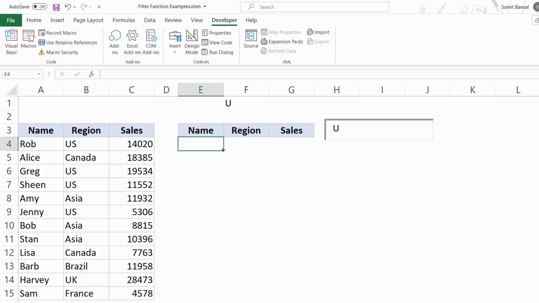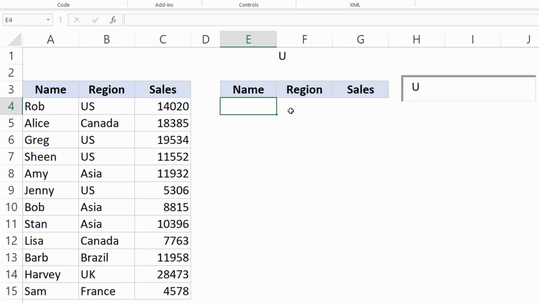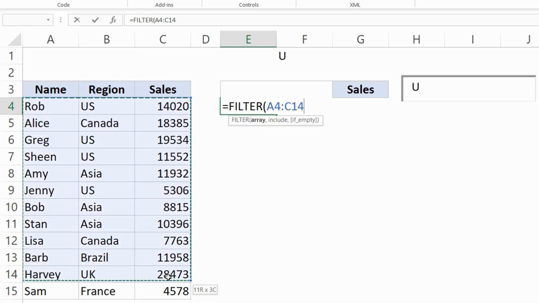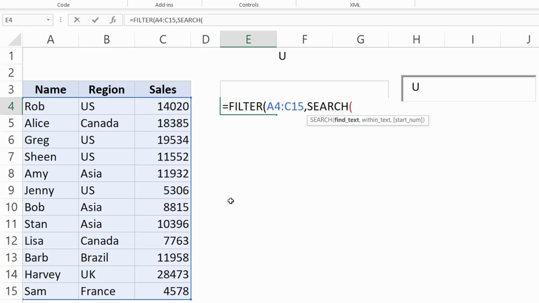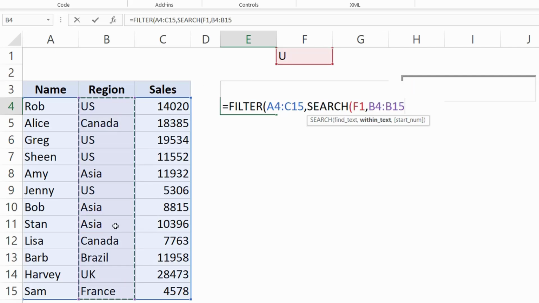And now I want to create a formula so that it filters this entire data set based on the value in cell F1. So I would use the filter formula. Here, this would be my array. And in the condition, I have to check whether this alphabet or this partial text string in cell F1 is there in the region name or not. So I would use the search function here, and I am finding this text here within this column. And now if I select this and press F9 to show you the results it would give me,